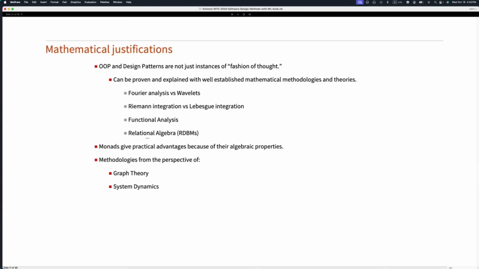Similarly, with monads, in order to discuss them and have them do something useful, you have to use the mathematical properties. And there are some other analogies that can be made from graph theory and system dynamics. I'm not going to discuss this here, but I might put it in the book. One important thing about design patterns: object-oriented programming is very easy to get wrong, right? So it became mature with design patterns. So using relational algebra, which is from relational databases, to prove or discuss why